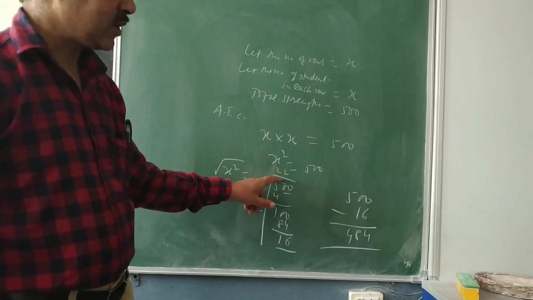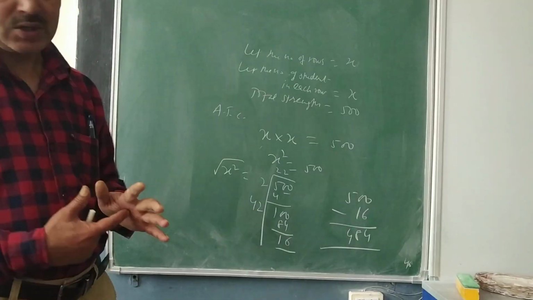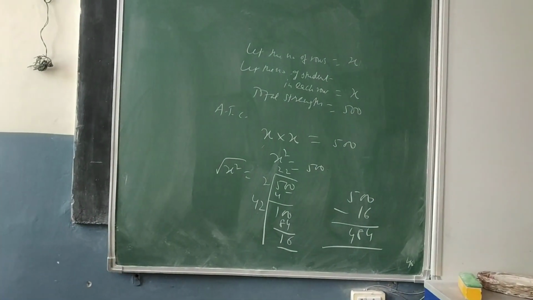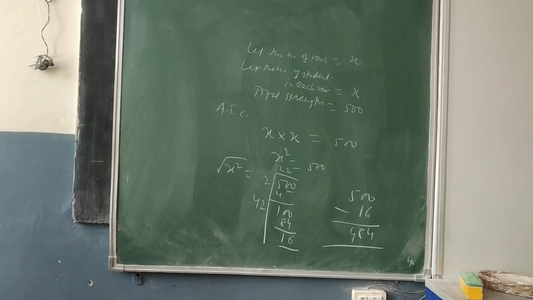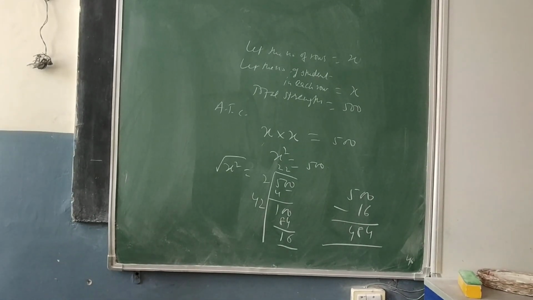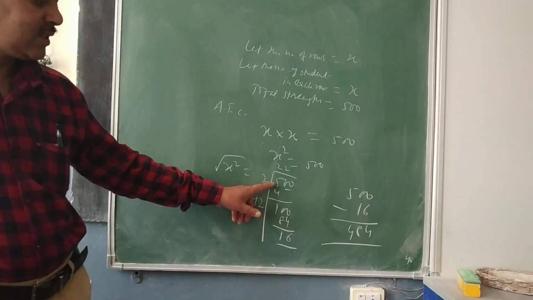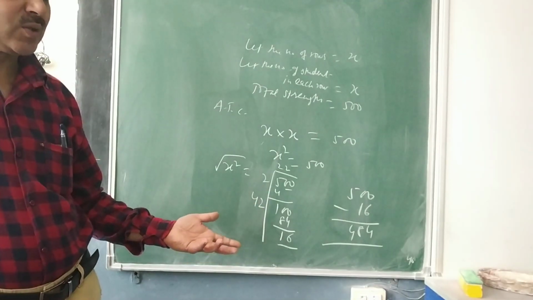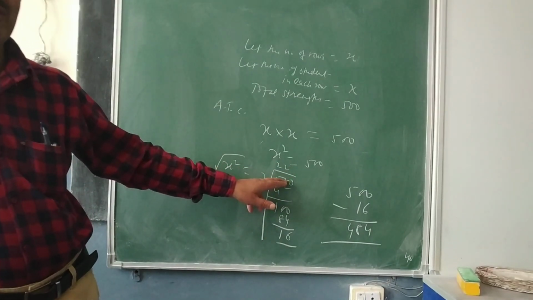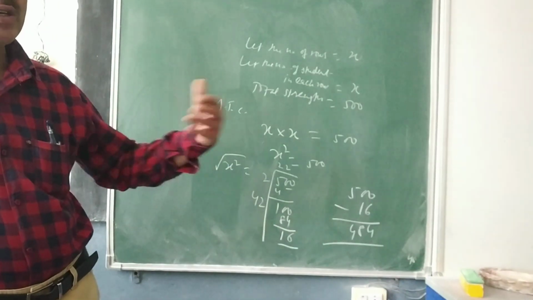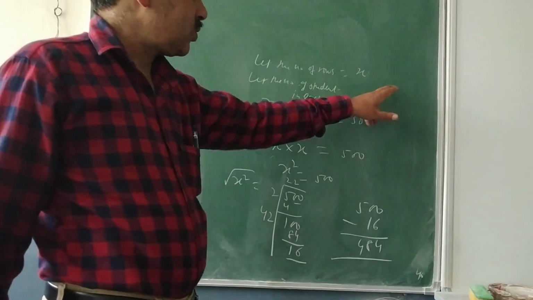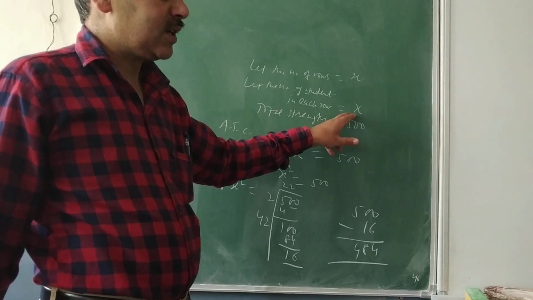500 is not a perfect square. So my point of discussion is that this question belongs to question number 12 somewhere. Find the least number which must be subtracted from the following number to make it a perfect square. Why? Because 500 itself is not a perfect square. How many students will be left out? Means how many students I need to subtract from 500 so that the remaining students could be adjusted in such a way that the number of rows is equal to the number of students in each row.